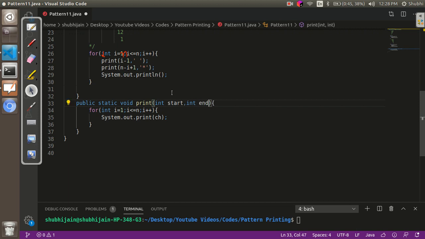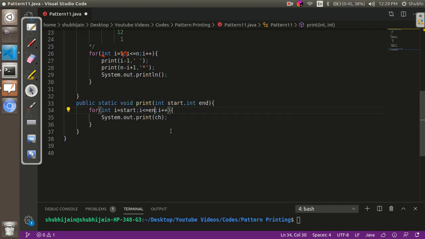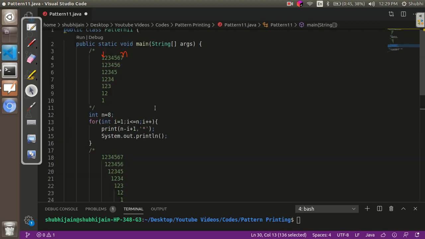This will be the starting number that has to be printed, and end is the number till which the range has to be printed. Now over here i will be from start and i will go up to end, and over here we are just going to print i with a space. We are just printing a space so that it becomes easier for you to see the pattern. I'll just comment this part.